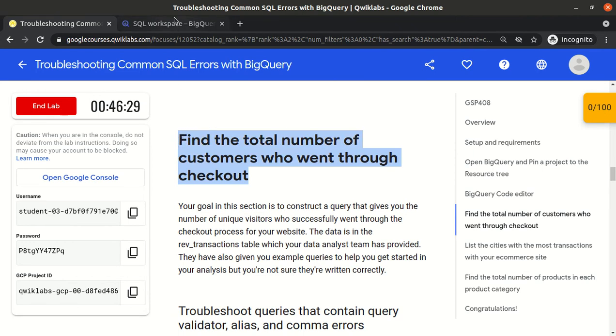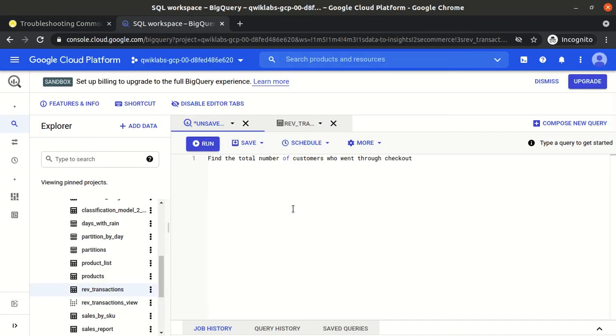So let me copy this. What is giving error? Can't we even put a comment here? Okay, error in line number 2. Yeah, fine, no problem.